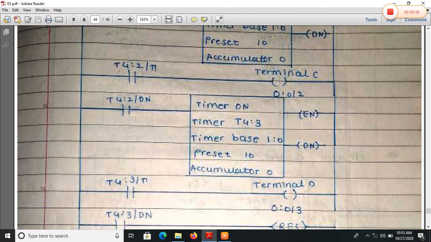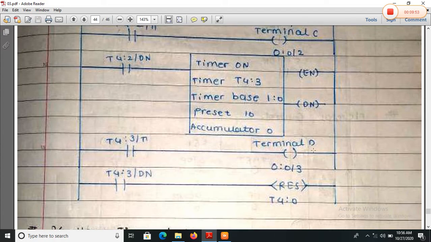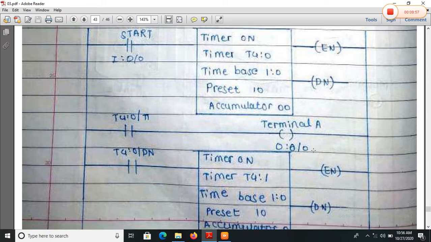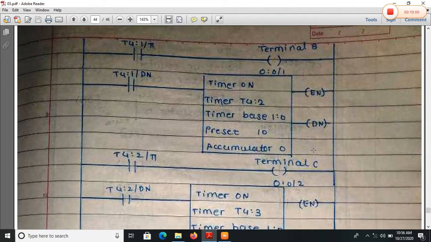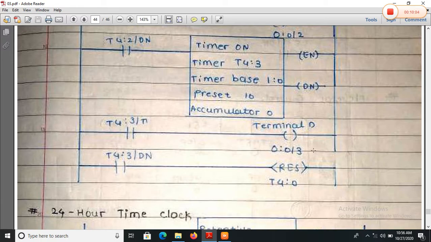When the done bit is enabled, it will turn on the next timer. Here the accumulator value again starts to increase from 0 to 10. In that transit time, it will turn on terminal D. This means the sequence of enabling the ports is first port A, port B, port C and port D. Then the stepper motor rotates in the anti-clockwise direction.